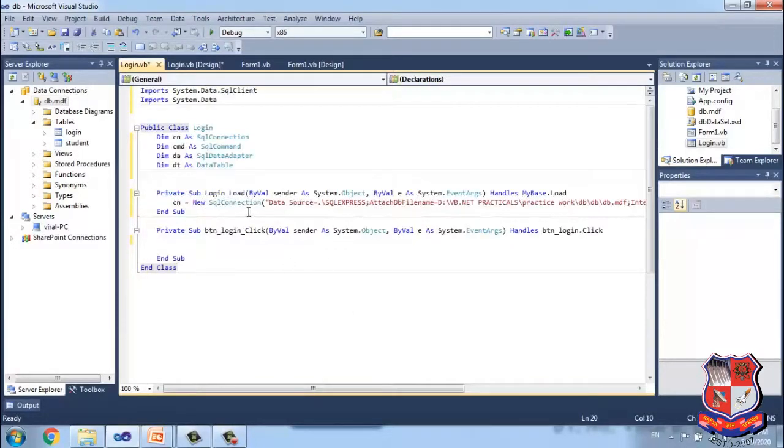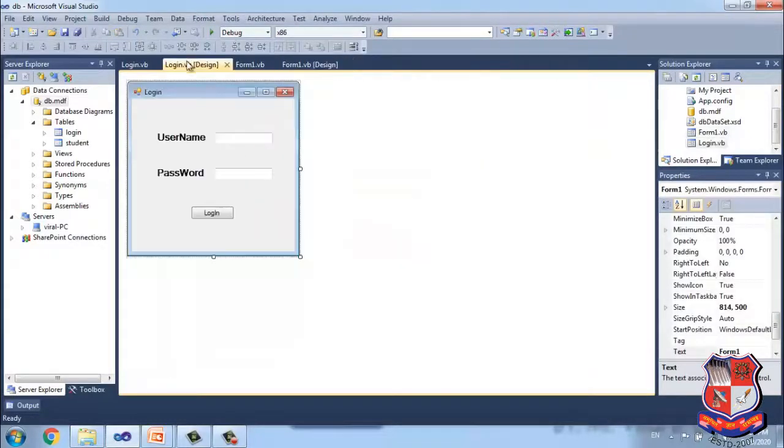Okay, so I'm not going to open the connection, display a message and close the connection as we have seen in the connection class theory. I have already checked this string, so there is no need to display a message. So I quickly move to the login button click event.